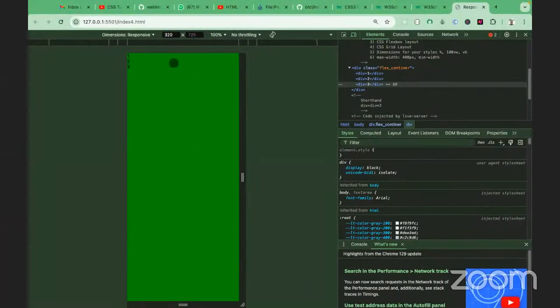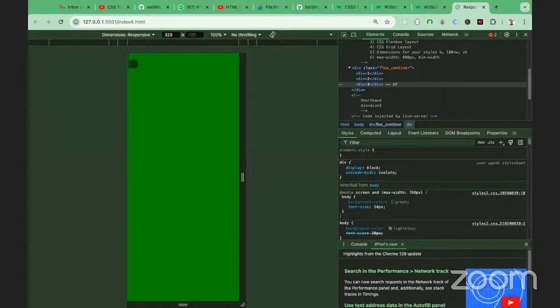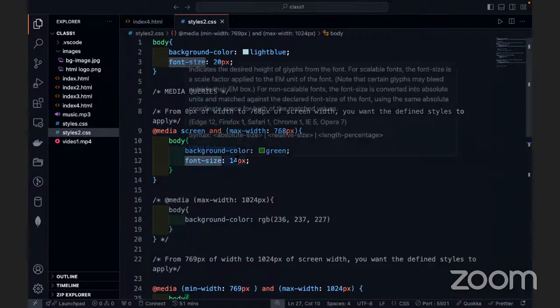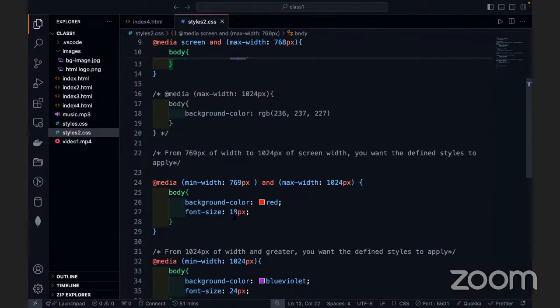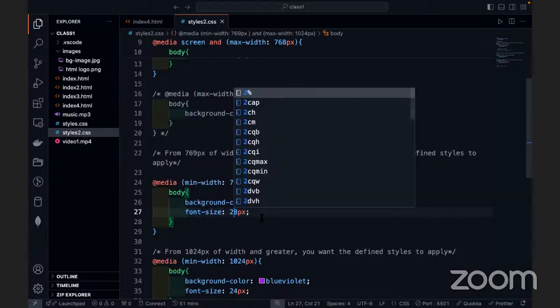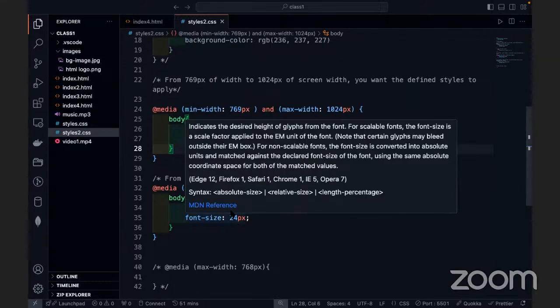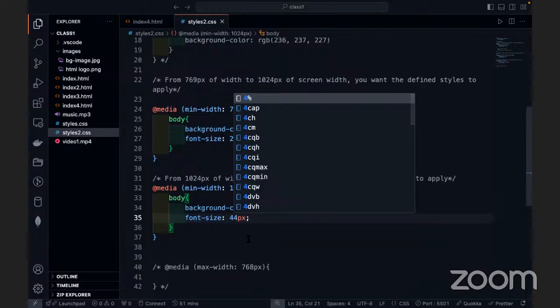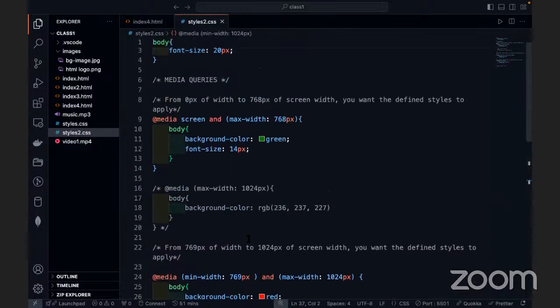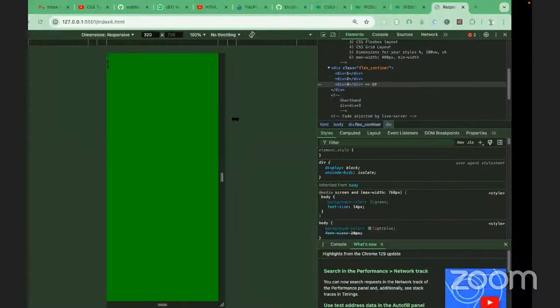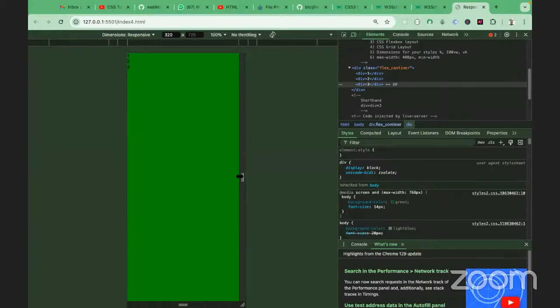It's still the same thing. So this is 320, and you can see how small our text is. I want something very significant so that we'll see the difference. Initially it was 14. Let's make the next one 28 instead of 18. I need it to be significant. So this is 24, let's make it 44, for example, so that we'll be able to see the graduation. Okay, so we had 14, we had 20, then 28 and 44. So this is 14, right? If you keep increasing